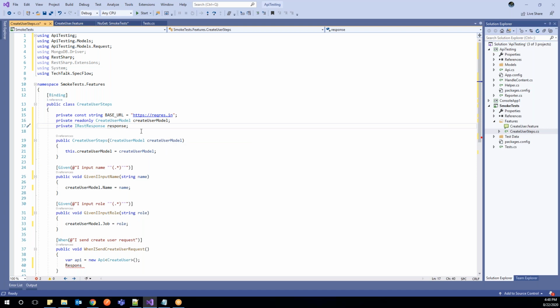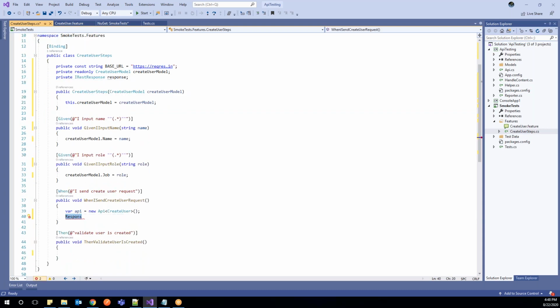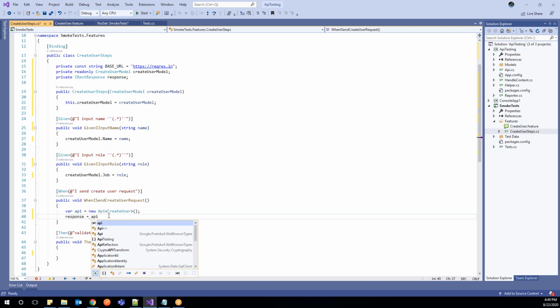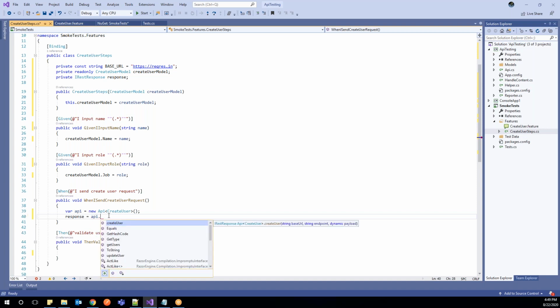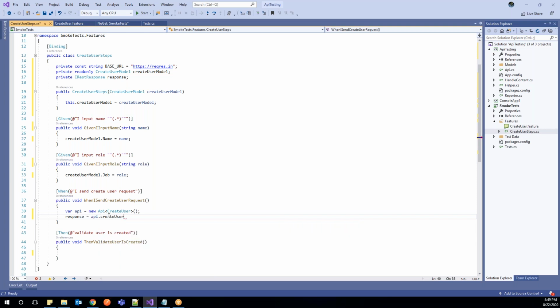I want this variable with the type of rest response. Now I can use response. Through this object API I can call my methods. I've already created all these methods in my framework, so that's why it is available. Create user